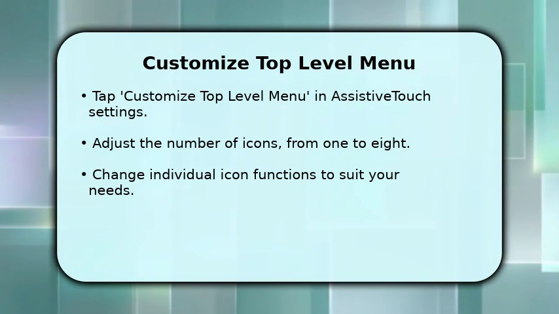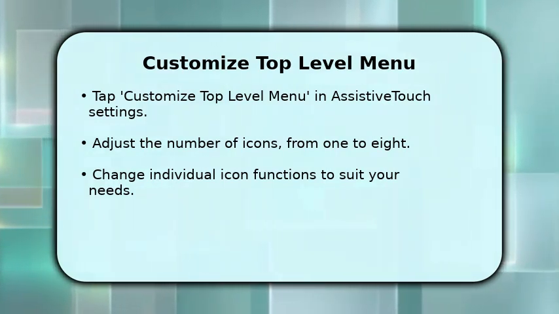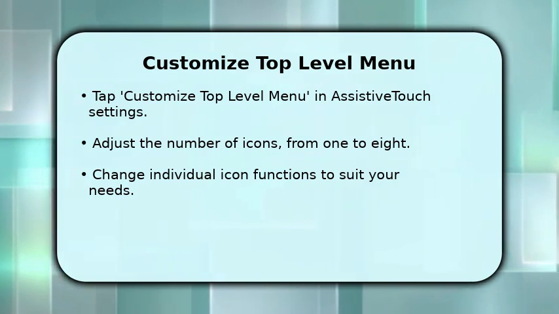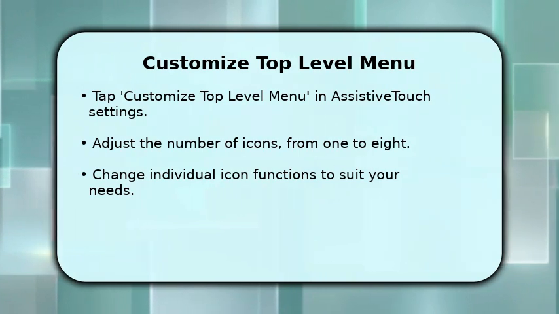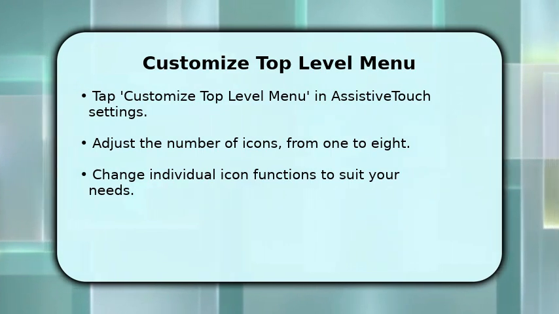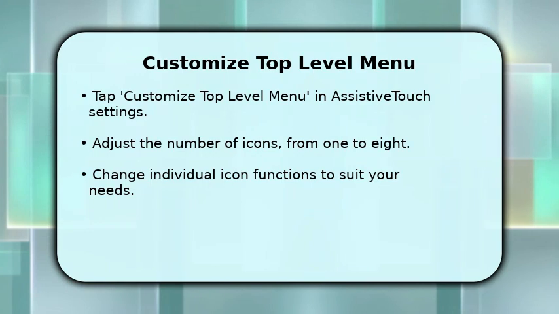Once Assistive Touch is enabled, you can personalize its menu. Go back into the Assistive Touch settings and tap Customize Top-Level Menu. Here, you can add or remove icons, allowing for up to 8 different shortcuts. Tap on any icon to reassign its function from a comprehensive list of actions, making your virtual home button truly